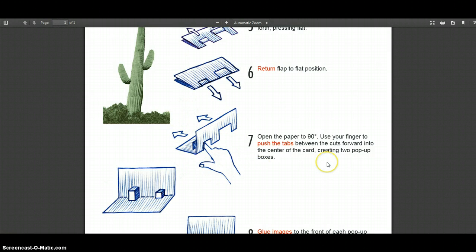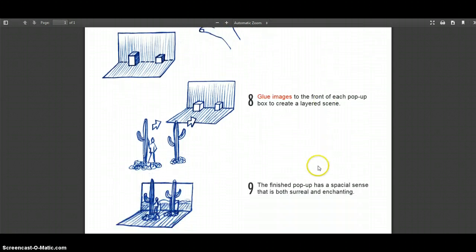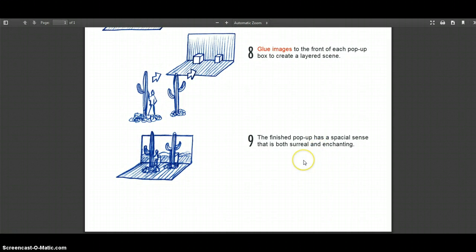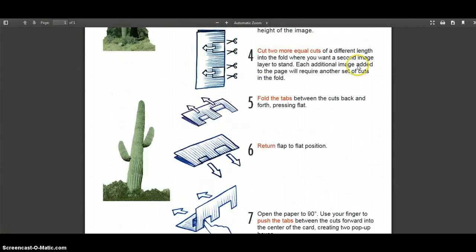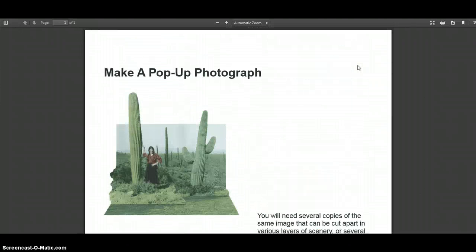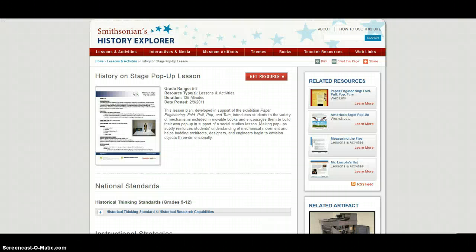So it shows you step by step how to create a pop-up, and that's it. So yeah, it's going to take some practice, and that's why I want to start off with more simple shapes so they understand the mechanics of a pop-up. And so this would take some time, but